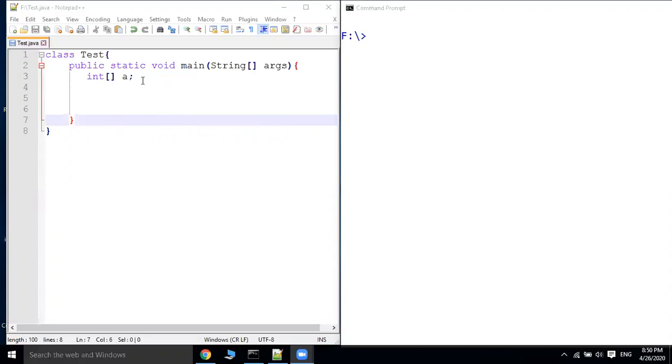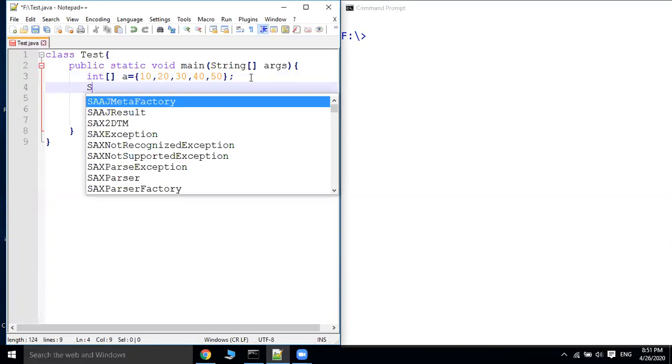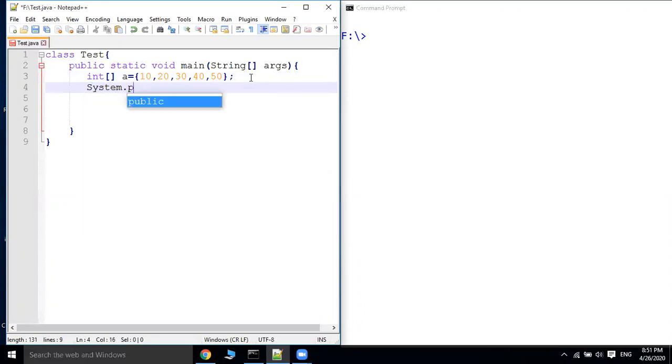For example, my array name is A, and suppose I want to initialize the elements like this: 1, 2, 3, 4, 5. There are 5 different elements. Now suppose I want to display these elements using System.out.println.